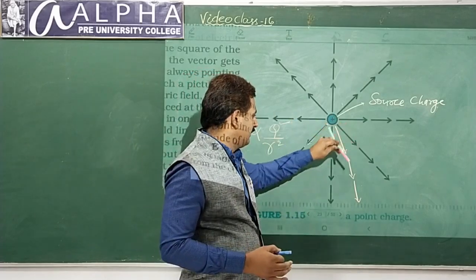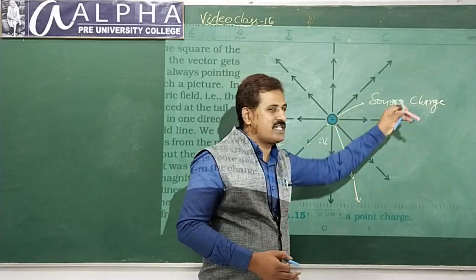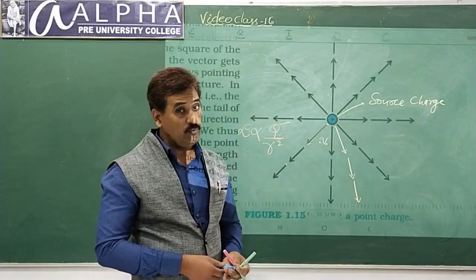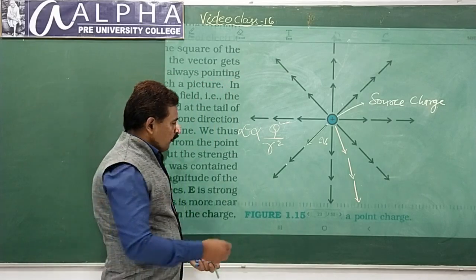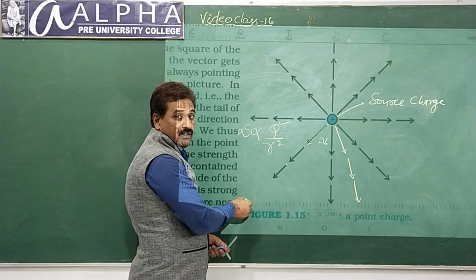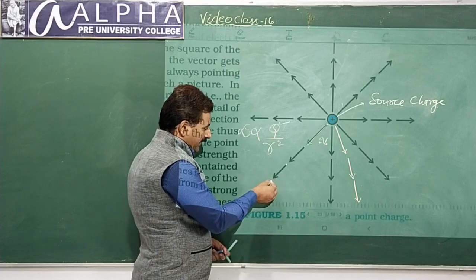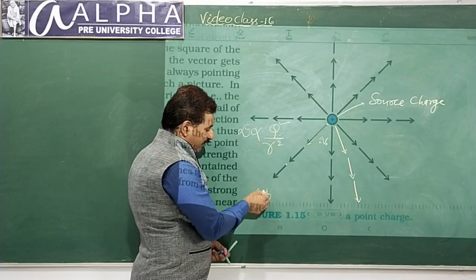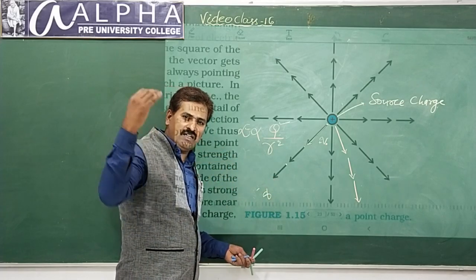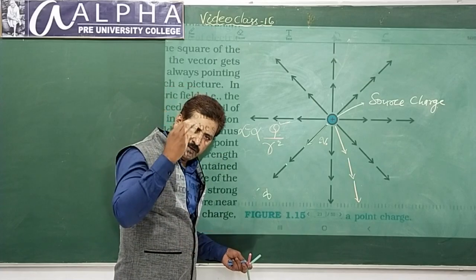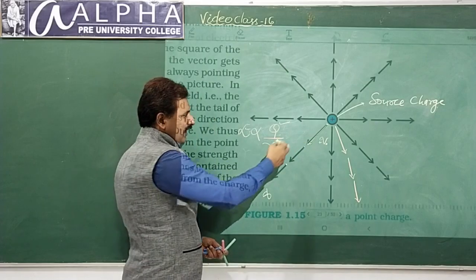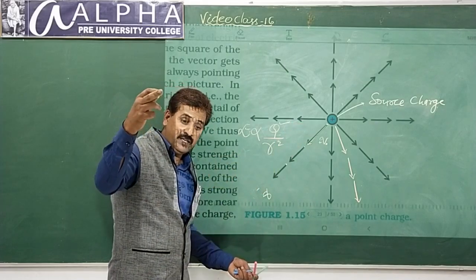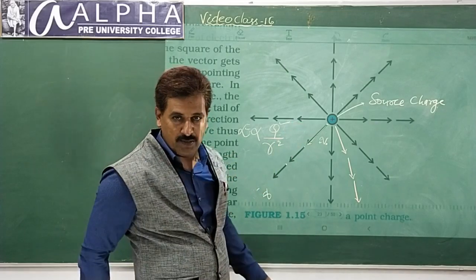This is a point charge. This is a unit charge, a point source charge, right? This is how we represent it. And one more point you remember here. Where does it end? Never ends. That's what we say. It ends at infinity. Infinity means the point where you cannot reach. It will be moving forever. A straight line moving forever, like a ray. Ray you learnt in mathematics, geometry.